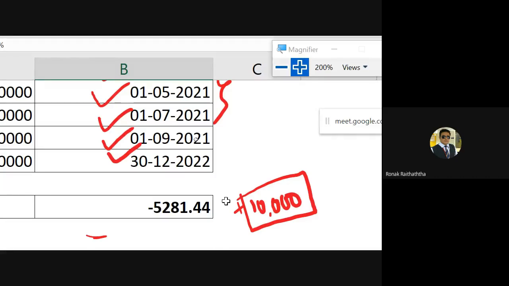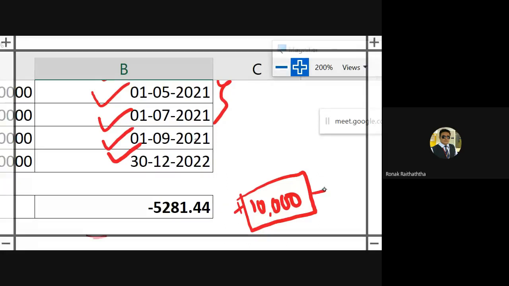Now try to understand. Her goal is fixed. In Excel's language, it is the goal; we may call it the target. Her target is fixed. She wants 10,000 rupees of NPV. For that, what adjustments should she make in the required rate of return? At what required rate of return does this turn out to be 10,000? In other words,